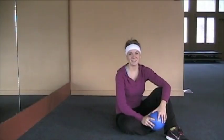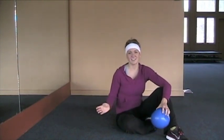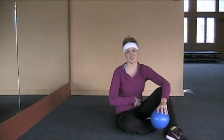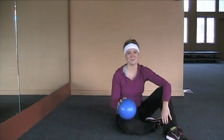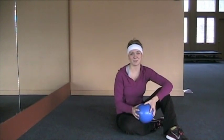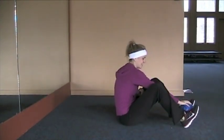So now we're going to be doing laying leg extensions. What this targets is the quadriceps, but it also is going to be getting a little bit of help from the abdominals as well. I'm going to be using a little ball. You can really use any small object that you would like to. Basically what we're doing with it is we're going to be squeezing it between our legs. So go ahead, put it between the feet,